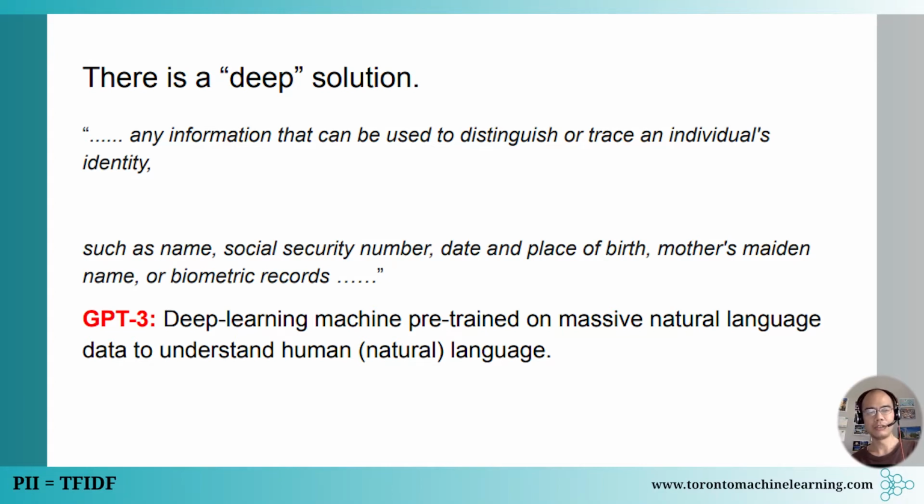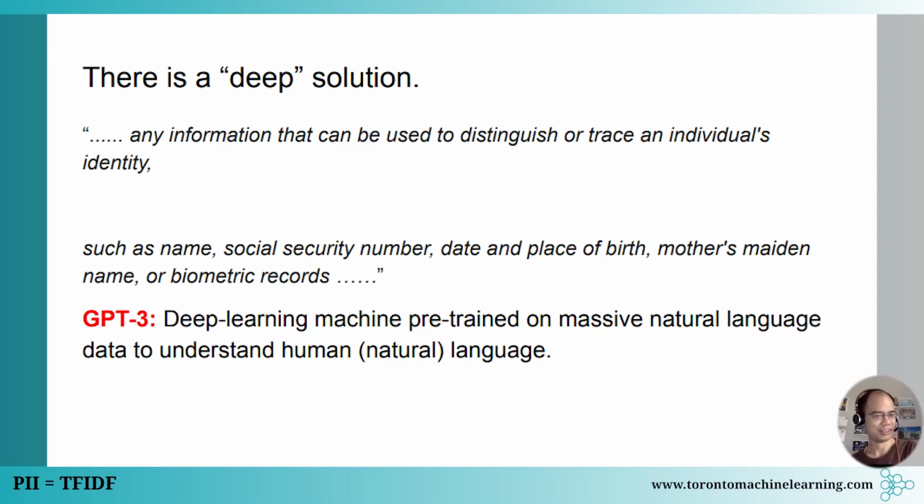So if you're leveraging a solution of that sort, you're basically using that machine to help you recognize what word, what tokens is a name, or maybe it's a social security number, and so on and so forth. And then you pick them out one by one, right? Name, go away. Social security number, go away, and so on. You can use that natural language understanding to flag those as suspicious, looking like PII. So there's kind of already a solution.